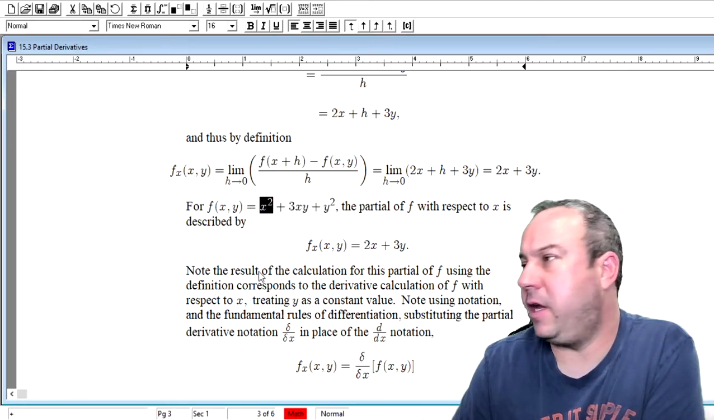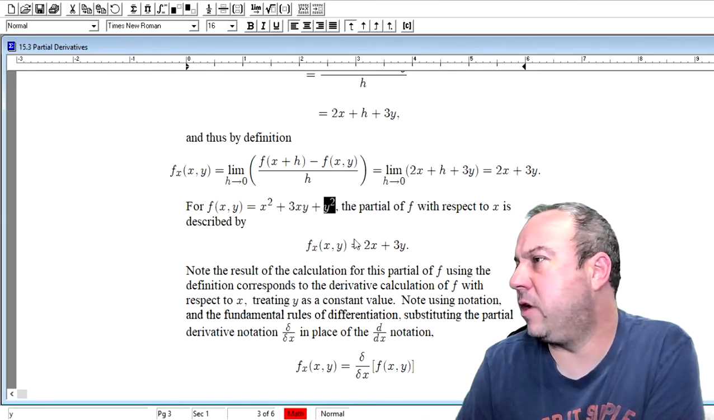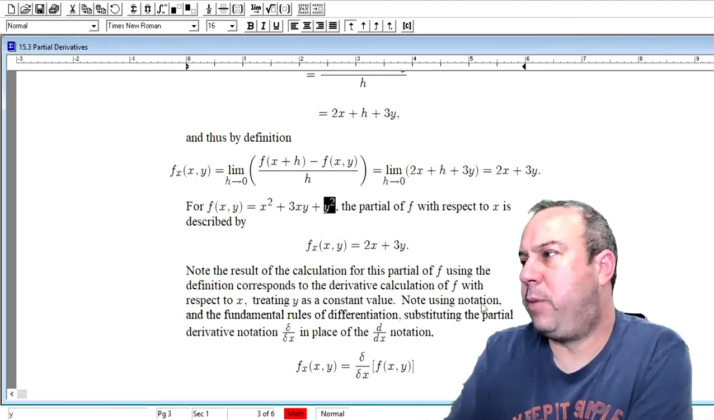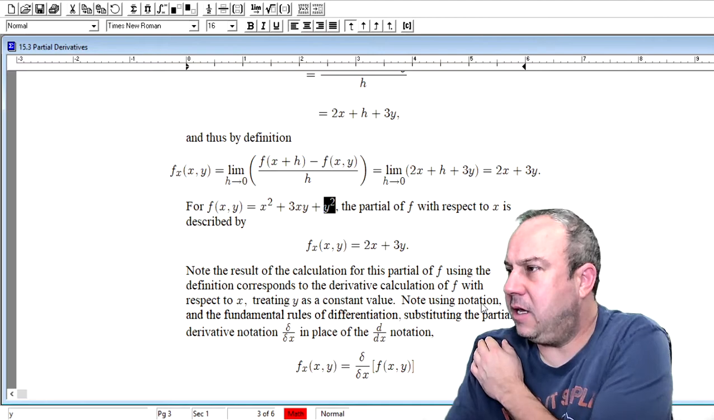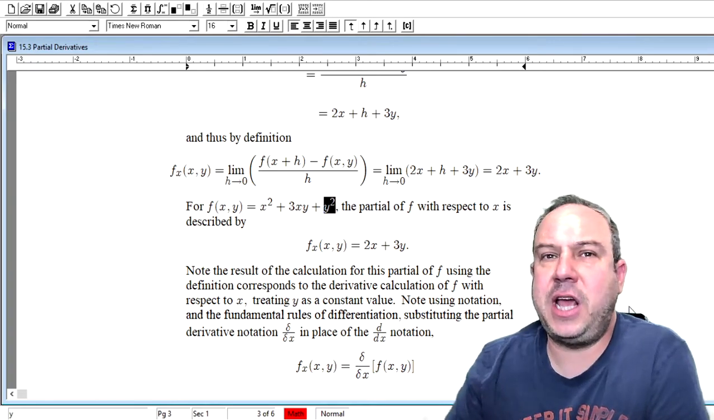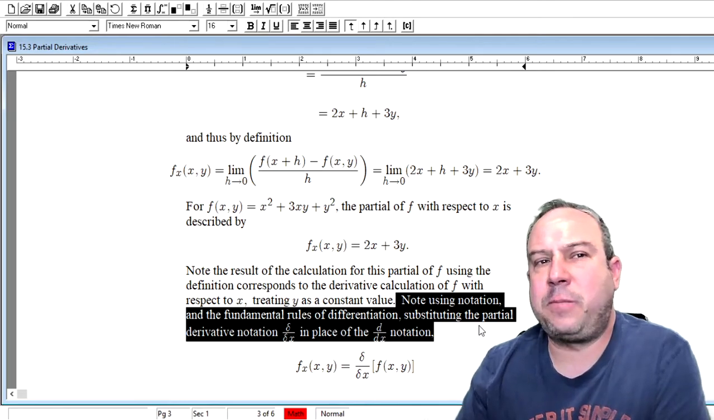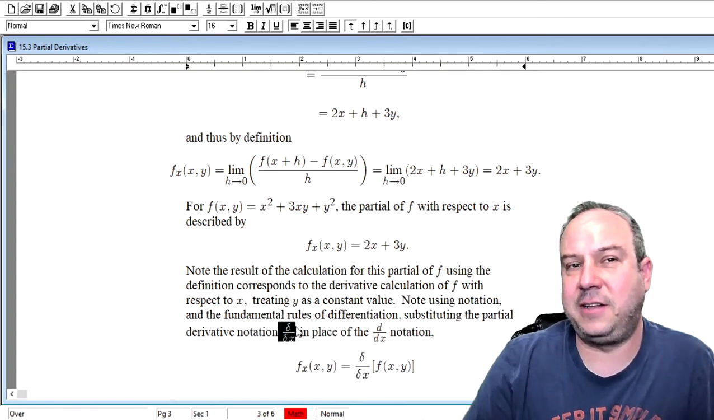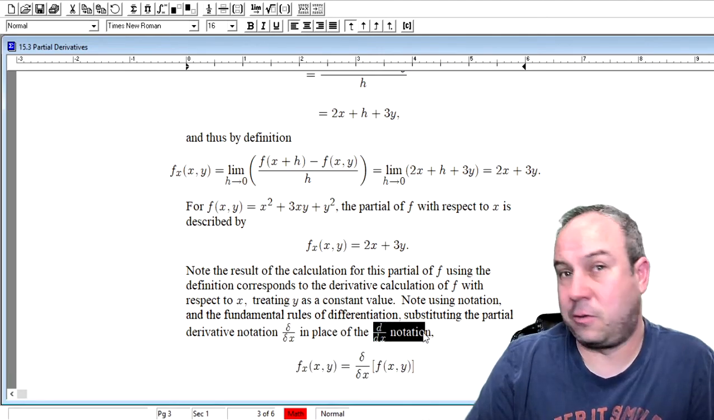Distributing the derivative operator here, and here, and here, all with respect to x. But we would be doing that with what we call partial derivative notation, while interpreting it using the rules that we already understand for differentiation. Note, using the fundamental rules of differentiation, substituting the partial derivative notation, del x in place of d dx notation,